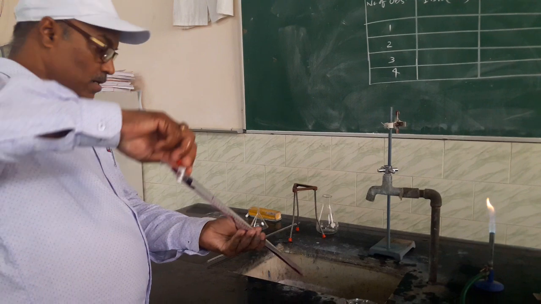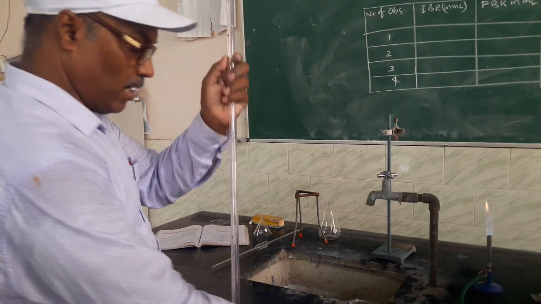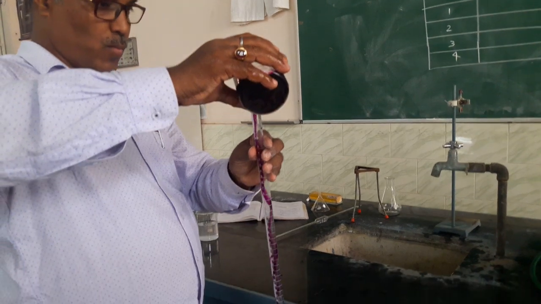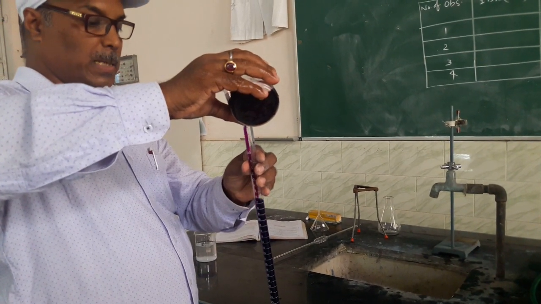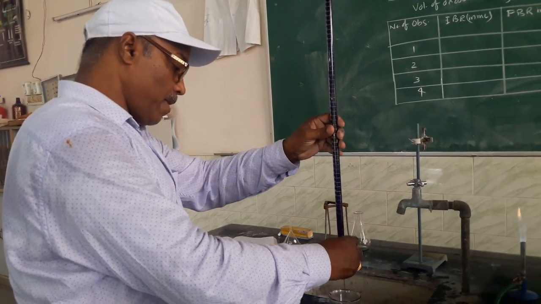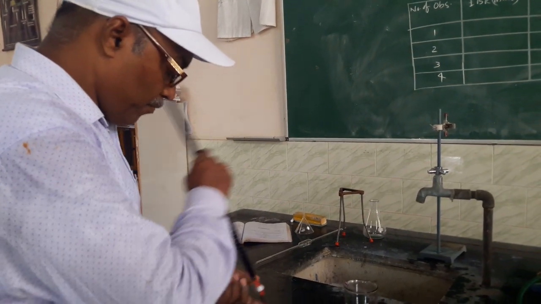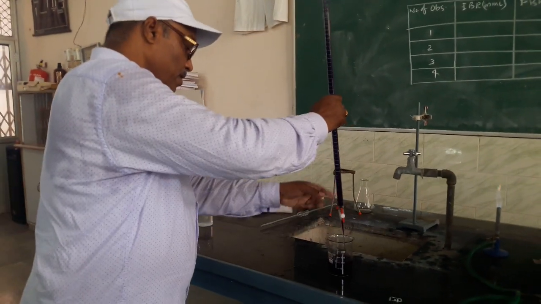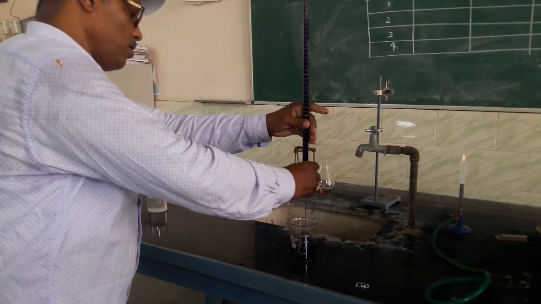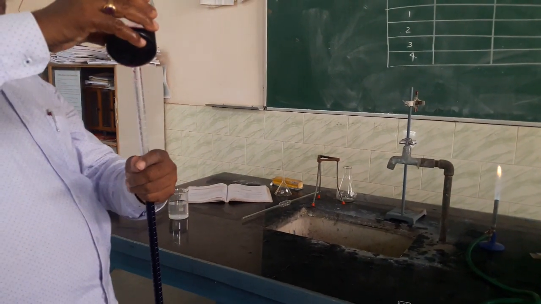After rinsing it, we have to decant the solution from the burette. Then take a fresh amount of potassium permanganate in the burette. After taking this, then you have to remove, see, sometimes the air bubble will be there. So by holding like this, allow the solution to flow. Okay, now the air bubble has gone away, no problem. Then again you just take some more amount of KMnO4.